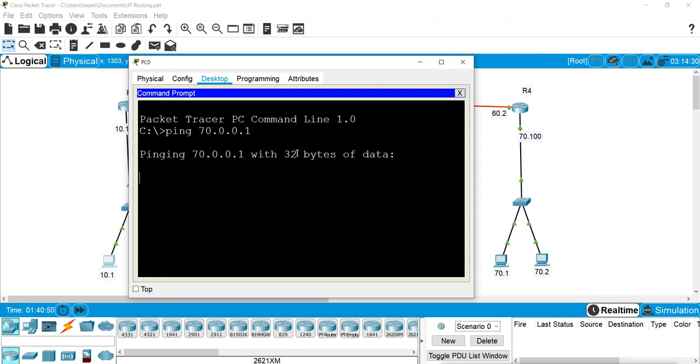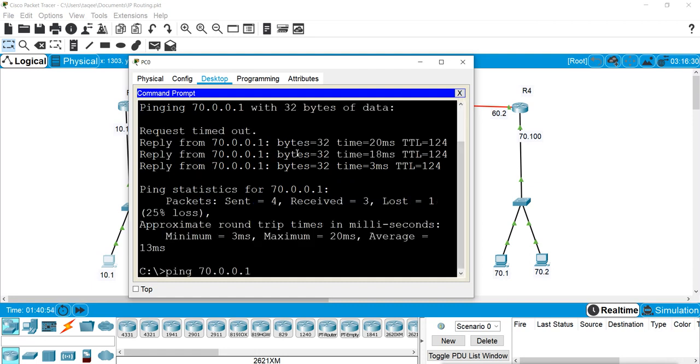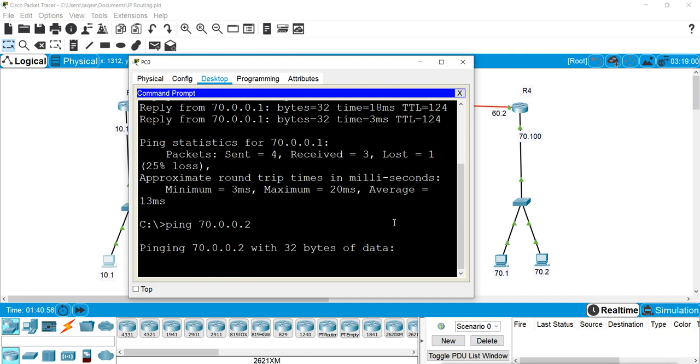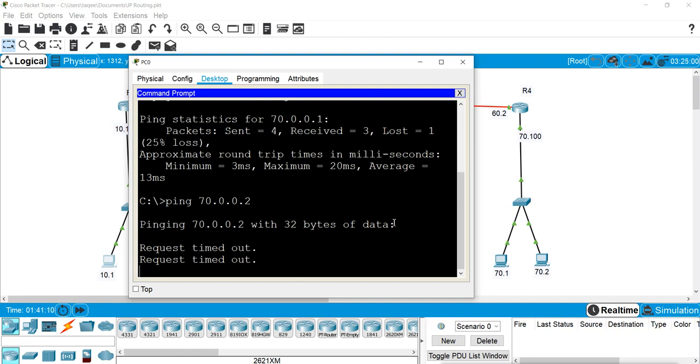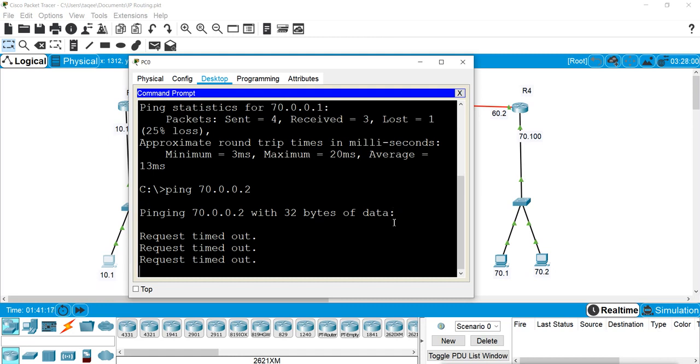And okay, I'm getting the reply, that means they are connected. I will try to ping this 70.0.0.2 also. Okay, it is not sending a reply.